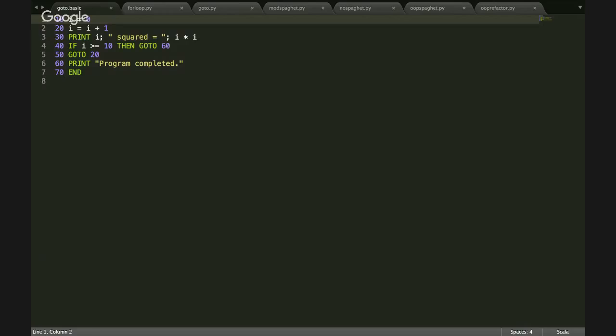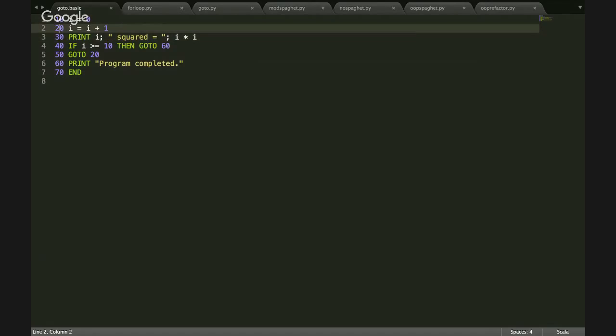So in this case, we're just calling each line 10, 20, 30, 40, sort of like you have the line numbers on Sublime here, but here these have actual meaning to the computer. Okay. So like you said, we start out with I equals 0, we change it to the value 1, we print out 1 squared equals, well, 1 times 1 is 1. We say if 1 is greater than or equal to 10, well, it's not,